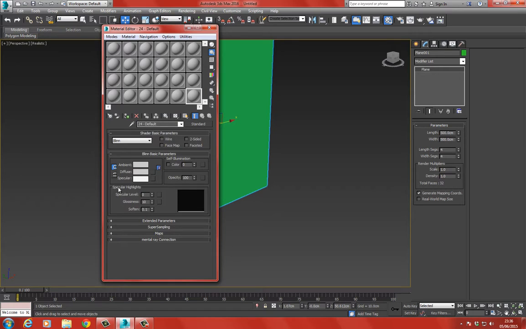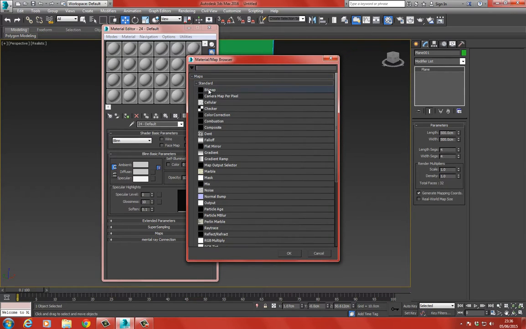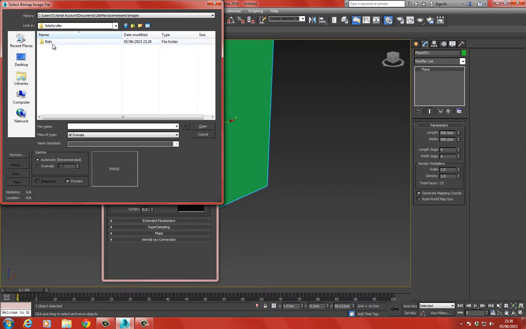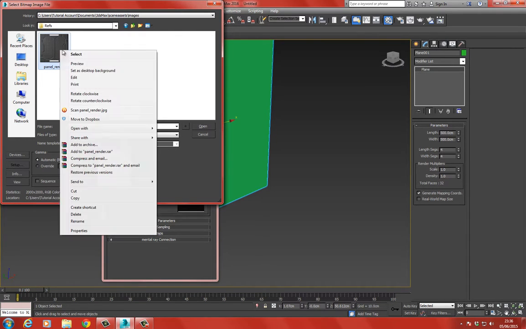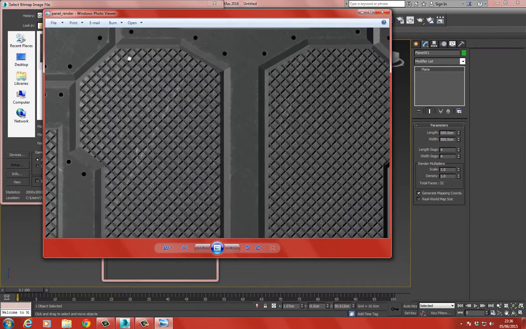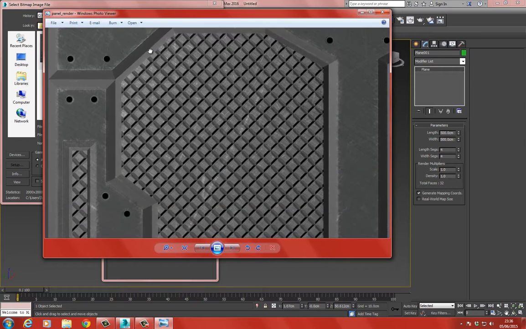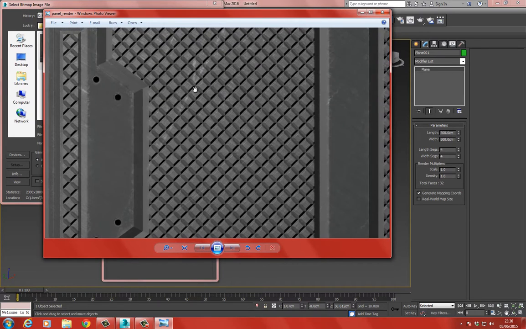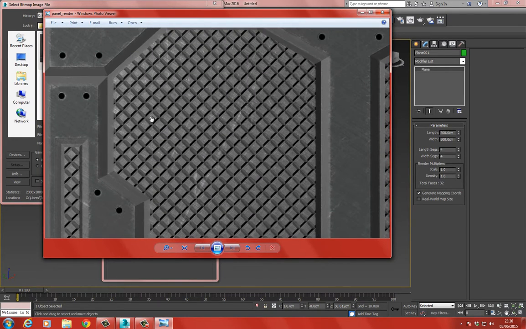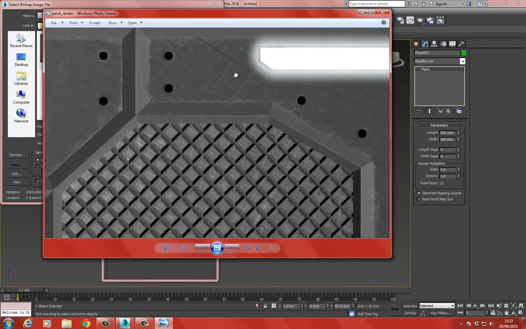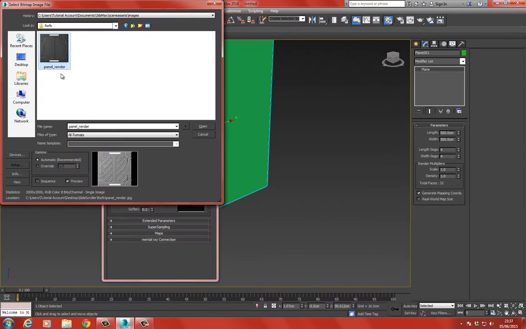I'm going to press the M key to bring up the material editor, and bring in a reference I have. It says side scroller reference, and if I right click this and choose preview, we can see what this is. This is just something that I've taken off Google for reference. Now we're not going to be creating this exactly. We will replace these holes with screws, and we'll probably not have this meshed effect here in the center. However, we will keep the light along the top, so that looks pretty cool. So let's bring this in,